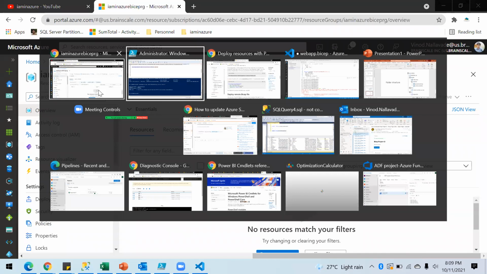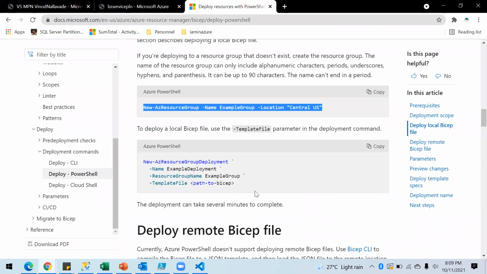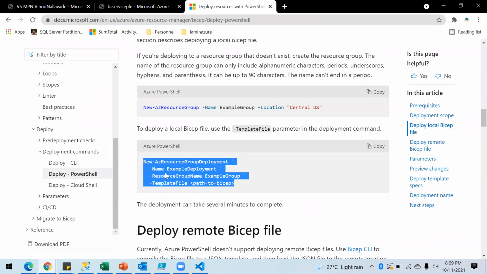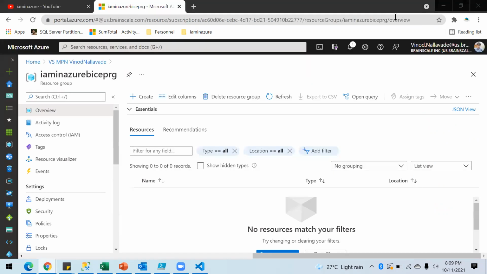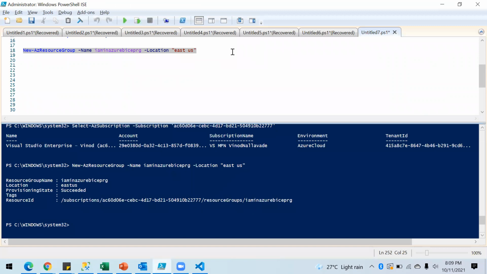For that, we're going to use this command, which is New-AzResourceGroupDeployment, and we're going to pass our Bicep template. So let's go here and add it. The deployment name, let it be example deployment, and the resource group name is this one, and the path to the file.